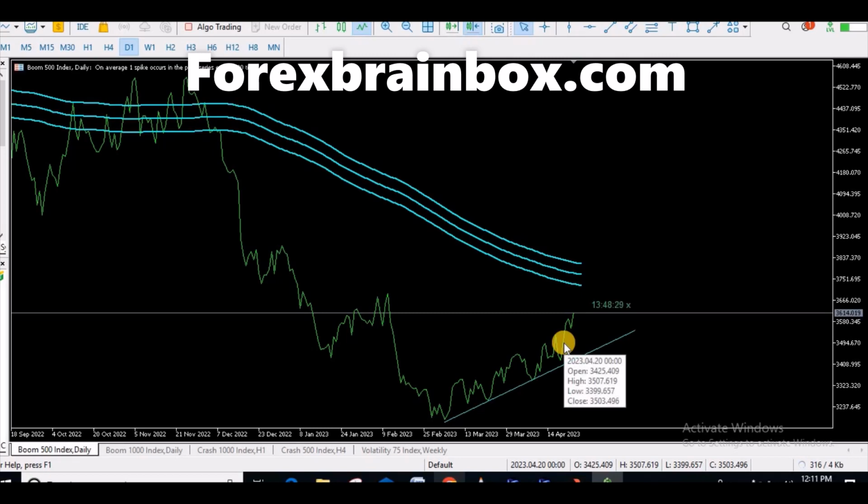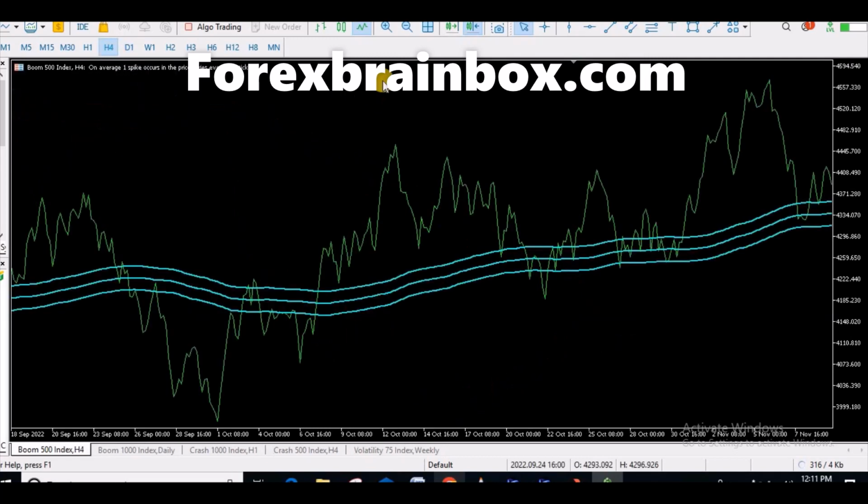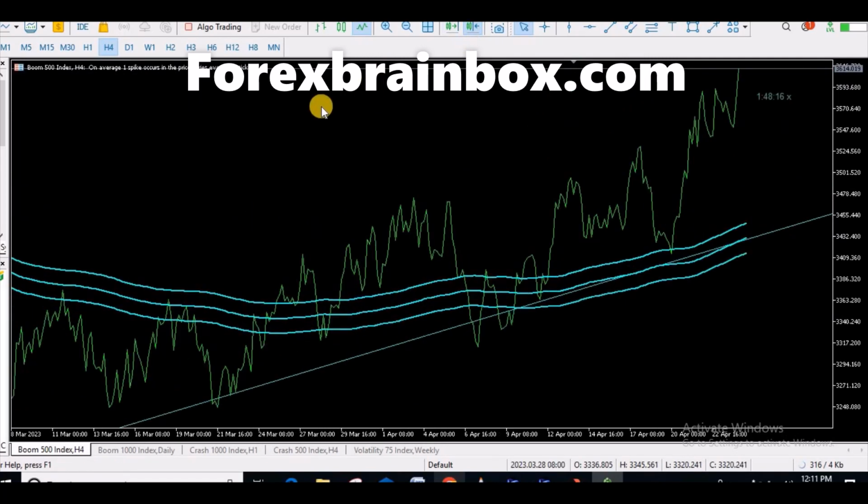Sometimes you do not find key levels on your daily. You can go check on your 4 hours for key levels. So now I'm going to change this to 4 hours because I'm going to work on the past trend more, like that has already existed. So on our 4 hours,